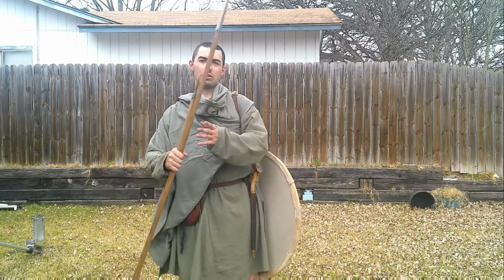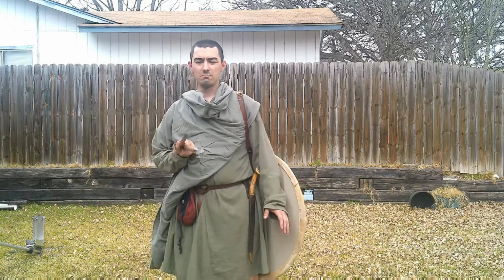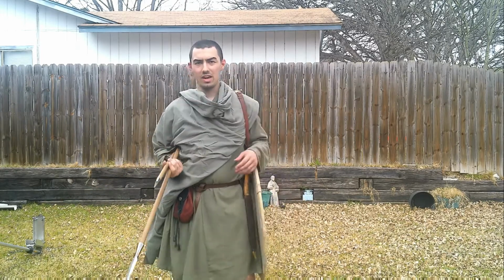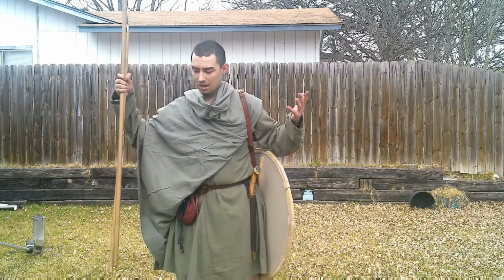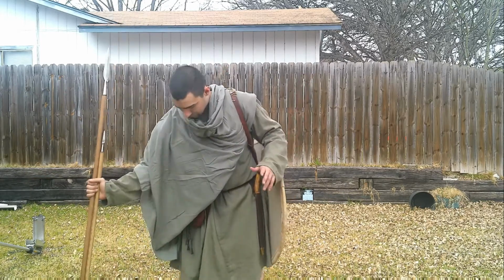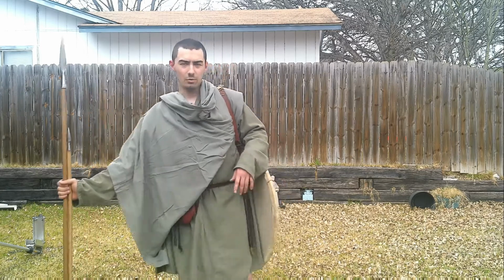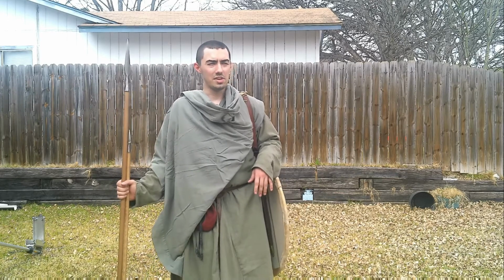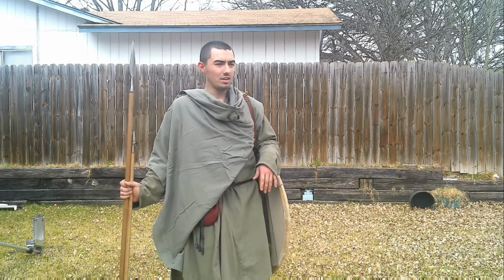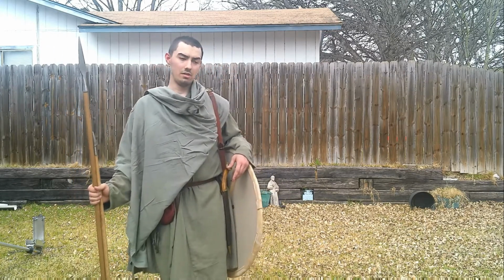In fact, Irish Kern learned to use javelins, bows, and slings pretty much by killing wild game in Ireland. And as such, they would actually be nicknamed after the first kill that they were known to have hunted. Such as, if I was a young boy who killed a deer or an elk or something, I would probably be named out of something out of that. In other words, my name. For example,